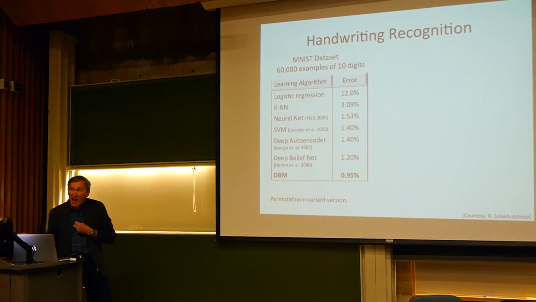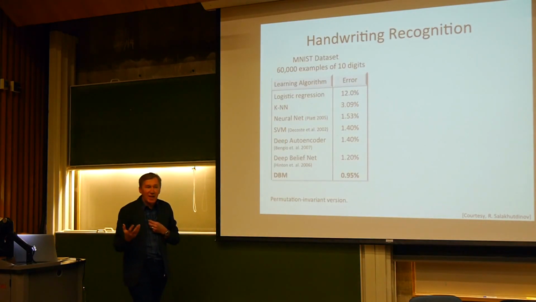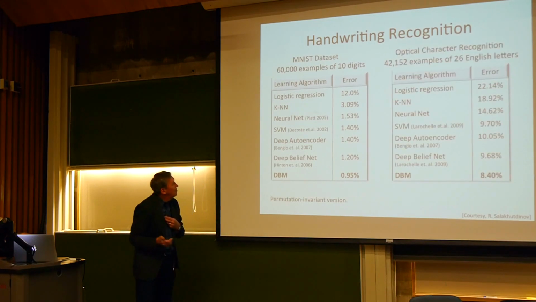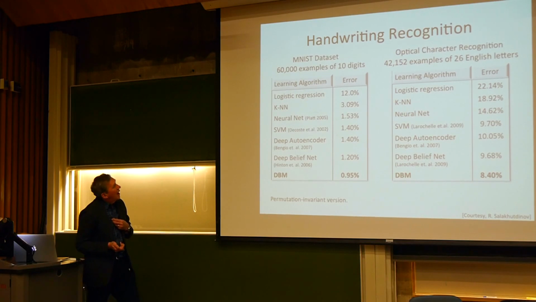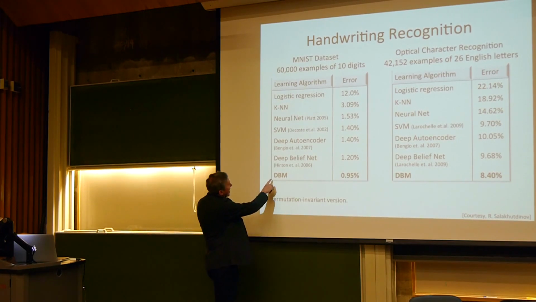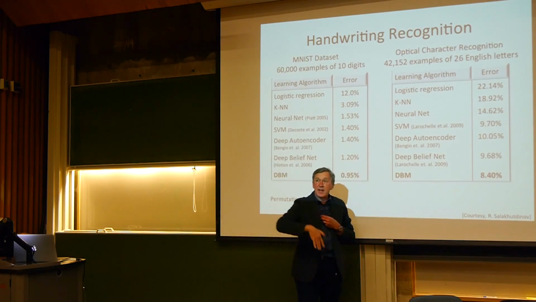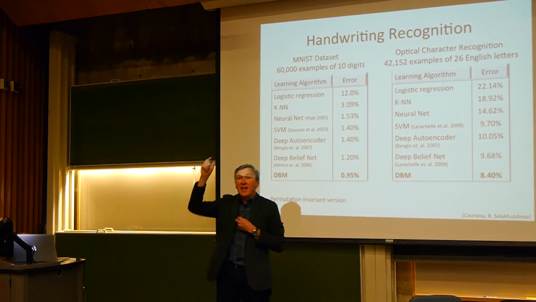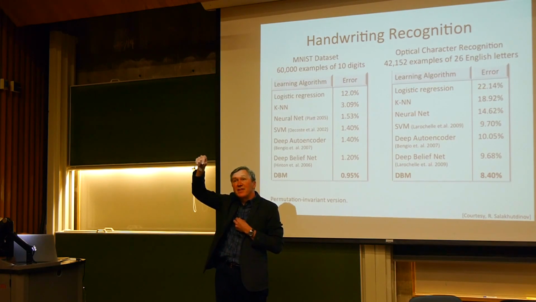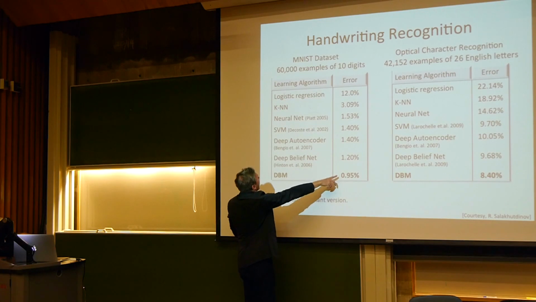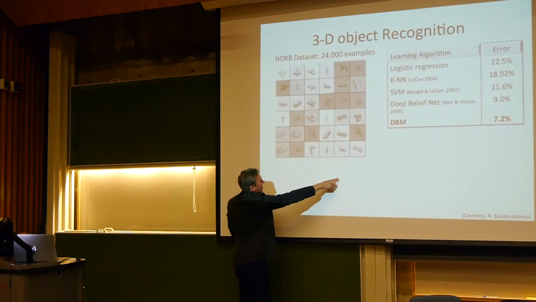If you then apply this, for example, by giving it not Sanskrit characters, but English characters, then you find that these kind of deep Boltzmann machines, once they are trained on unlabeled data, and then in the final stage, just do a simple logistic regression function on the learned internal representation, you get the current state of the art.